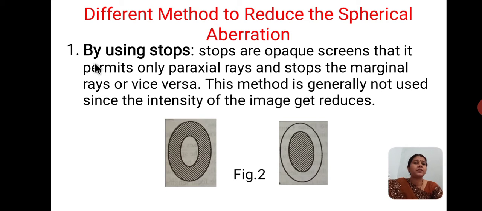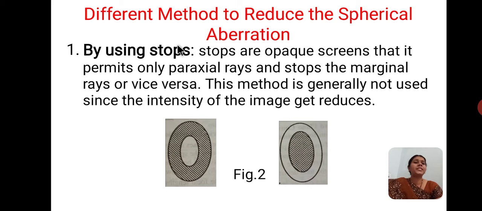The first method is the stop method. This is one method. Here we can see now, one is allowing, another one has been stopped here. Solid and dashed lines have been shown here, and again the dashed lines have been shown at the center point. Here it is allowed, here it is not allowed. What is allowed and what is not allowed? We will check it out now.